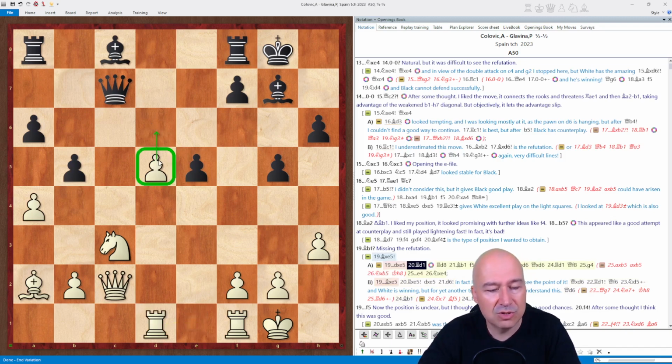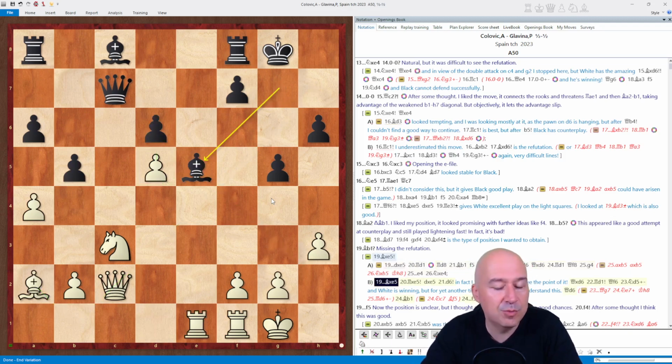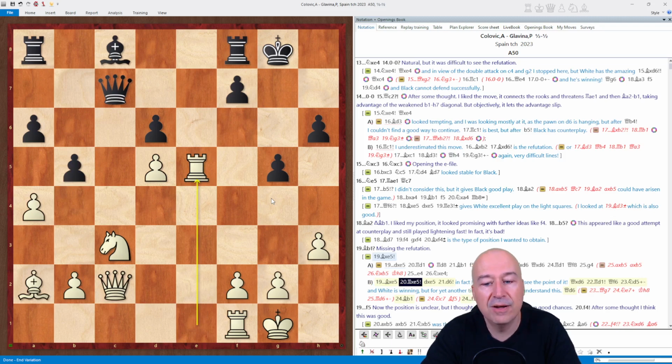I obtain a very good passed pawn supported by the rook, and then I also have ideas like bishop b1, and f5 is weakening, g4 can happen. So a lot of promising ideas to play with. So I mostly looked at bishop takes e5, which would be normal, and now rook takes e5, d takes e5,